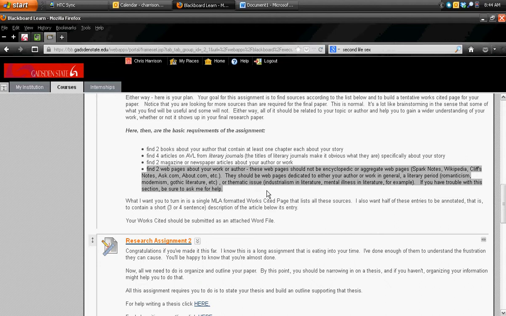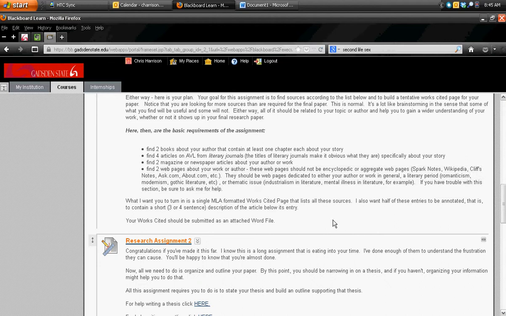Secondly, it should have an author who claims it, and that author should probably be an expert with credentials. They should be a PhD or a professor or an instructor or a teacher somewhere or a scholar. They should have books to their credit and other articles to their credit. And lastly, it should tell you when it was updated or when it was published. If you can't find those three things, you need to keep looking.